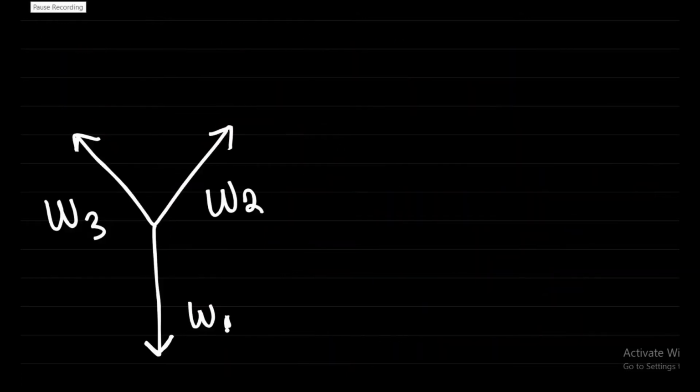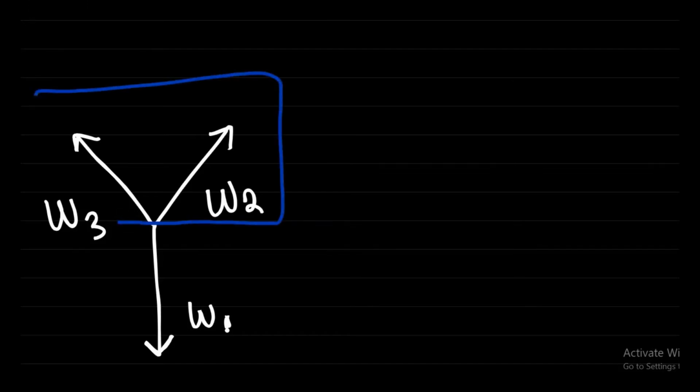Our next step was to apply law of parallelogram of forces on the system. But law of parallelogram of forces is only applicable to two concurrent forces. So it means that we cannot apply law of parallelogram of forces on the whole system at once. We have to first select two forces, apply law of parallelogram on that, and then move on to the other forces. Right? So we selected these two forces and applied law of parallelogram on it. So applying law of parallelogram